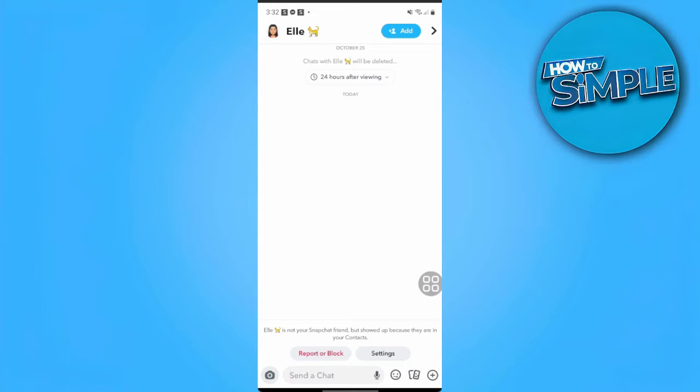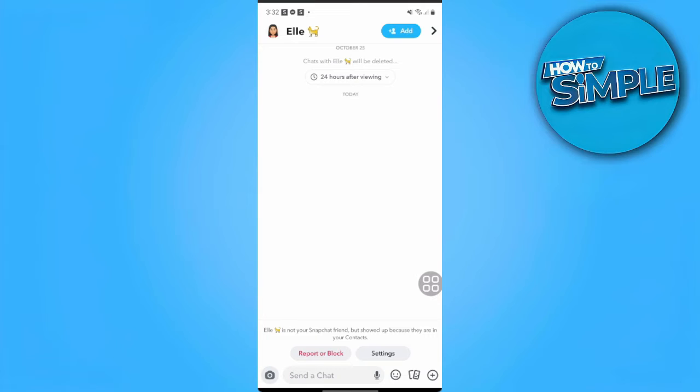In this video, I'm going to show you how to fix the Snapchat save in chat option showing. So please watch the video until the end and follow the tutorial step by step to avoid making mistakes. So let's get started. First, you want to open your Snapchat, and when you try to send a photo